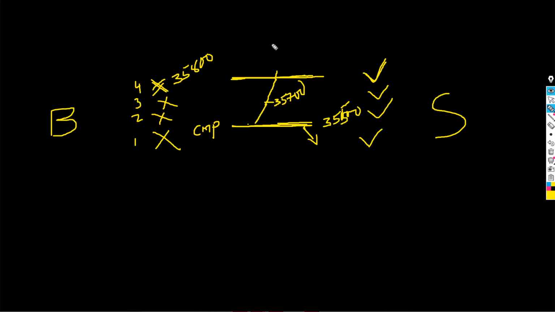Now the fifth condition: the market went up, the market has crossed your 35,800 and went to 36,000. So in this situation the buyer has won. That's it. This is the only area where the buyer wins, because he bought at 35,800 and the market is now at 36,000. But the takeaway for the seller is that he is not going to lose here, he has a cushion basically.